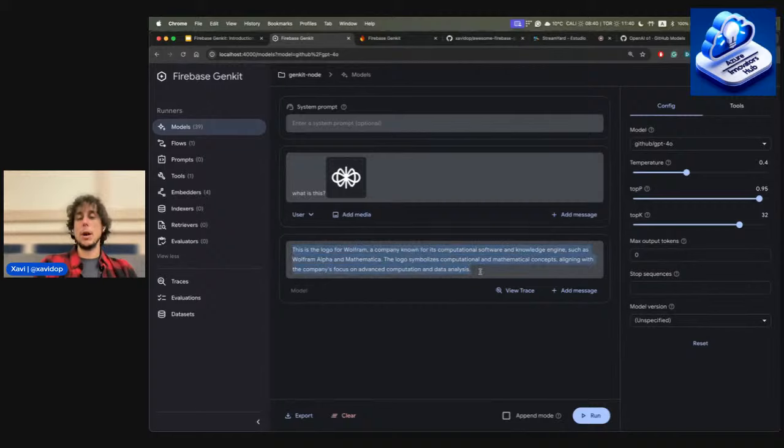Here it's going to try to explain what it is. So it works with images, and since this is a playground, interacting directly with the LLM,